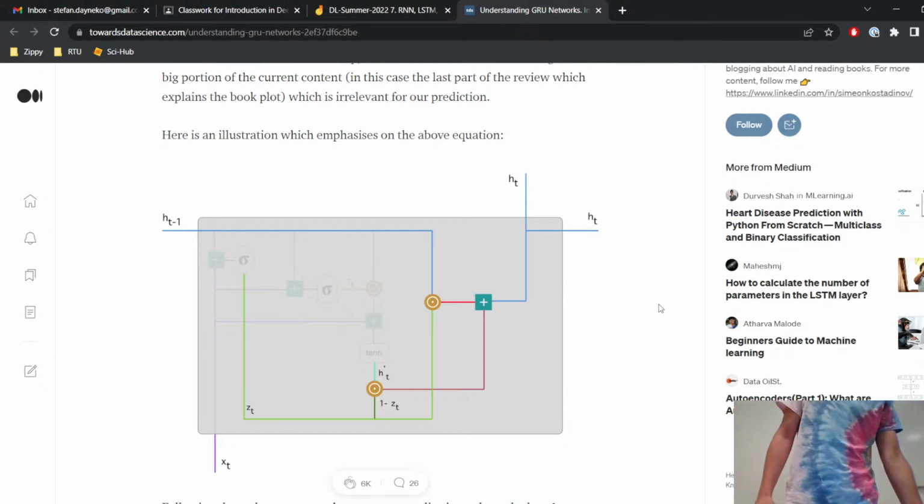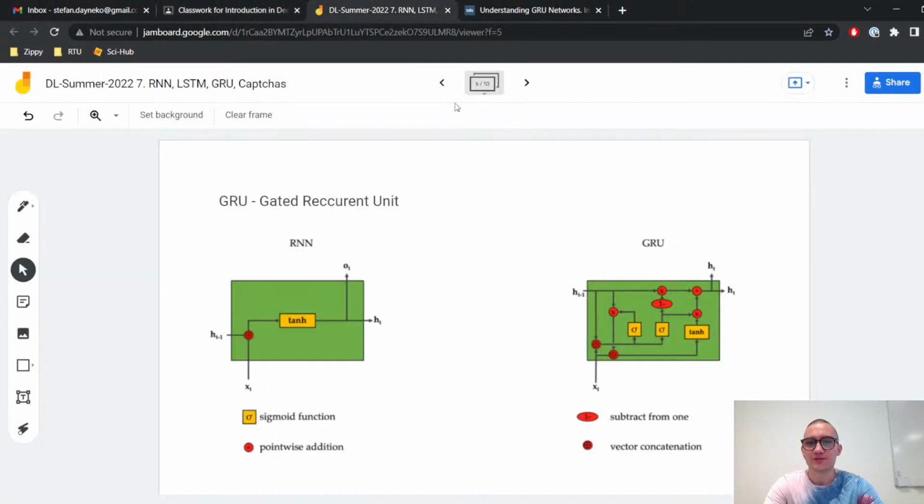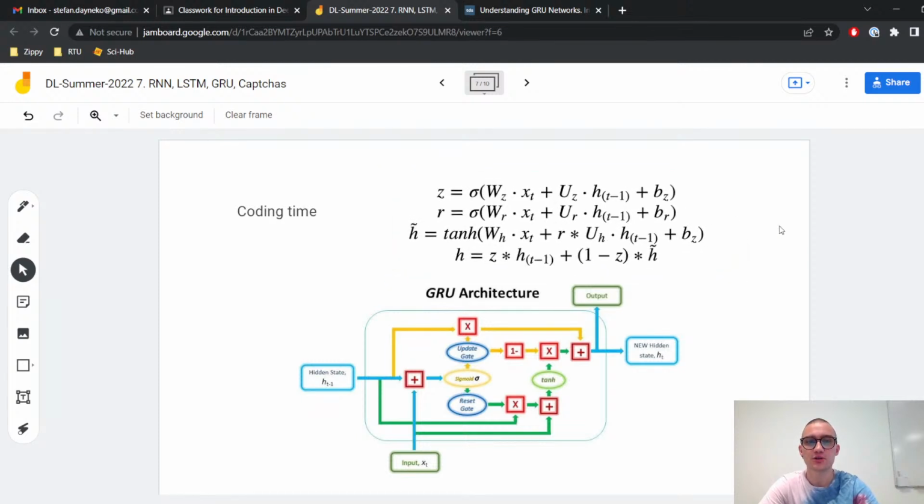Okay, so have you opened? Okay, so I will show you here. So we have our equation that we need to implement. This one. This is just for you to better comprehend what is going on. So okay, I